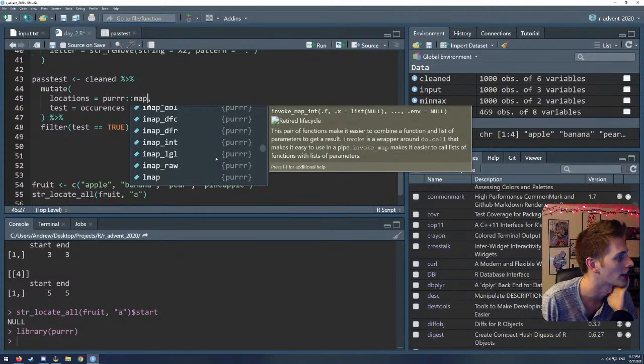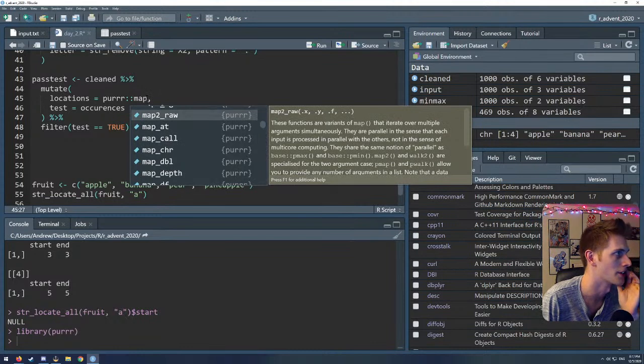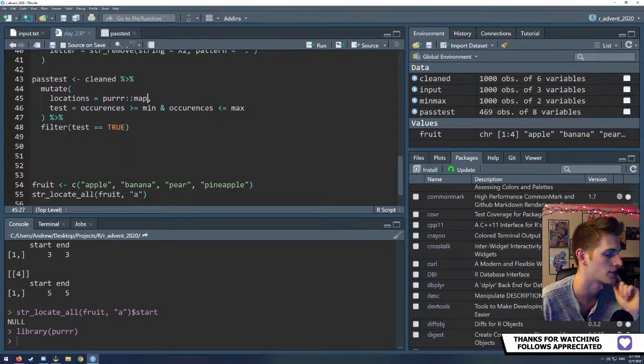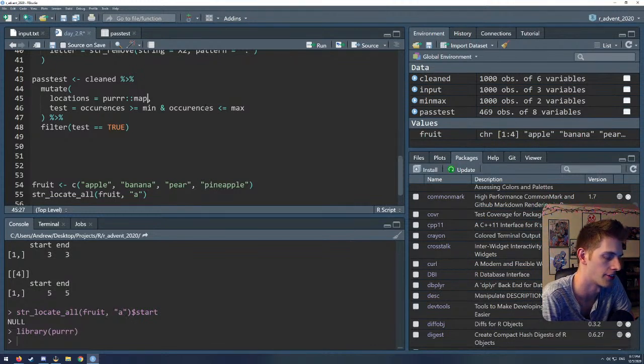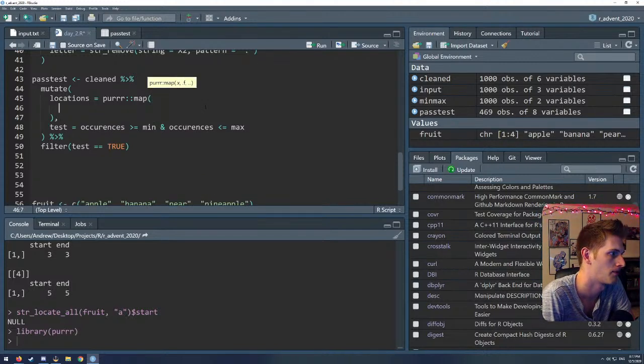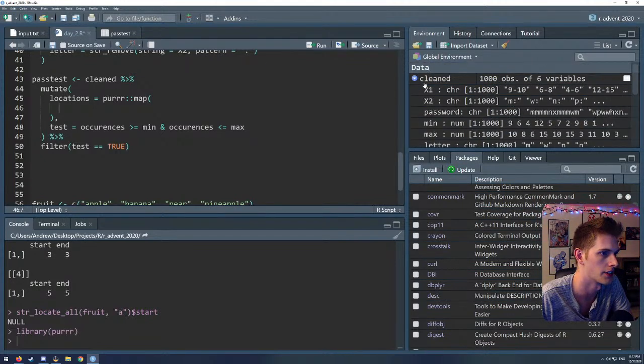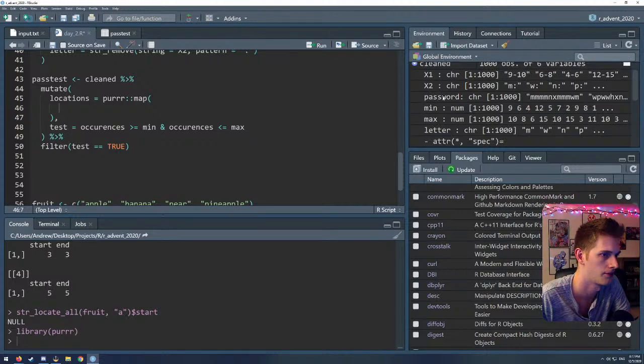How many things do we need to check? Maybe we can split it into multiple steps so that our function just doesn't look too complicated. So we'll use purrr map. We're going to map over, we're going to work with cleaned here. So we're going to map over our,